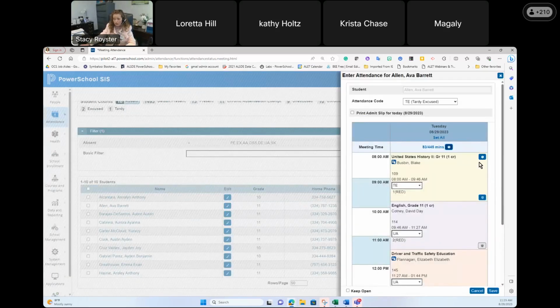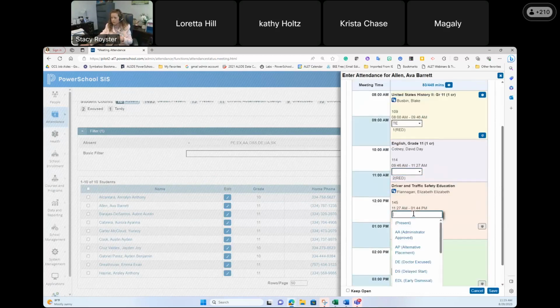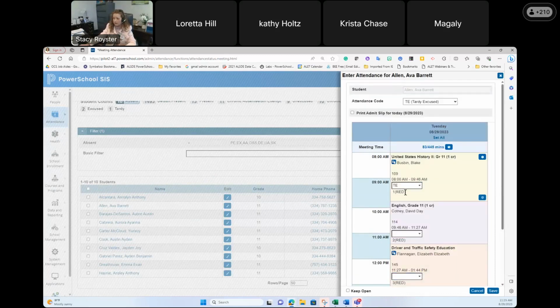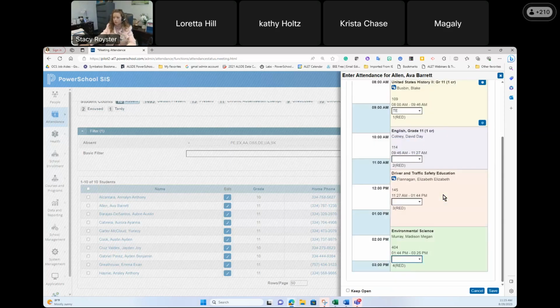So that clock is taking those minutes off of the day. But right now I still have all of these marked absent. So I'm going to flip these back to present, so that now I have the check-in with tardy first period. She's going to be there the rest of the day. When I hit save,